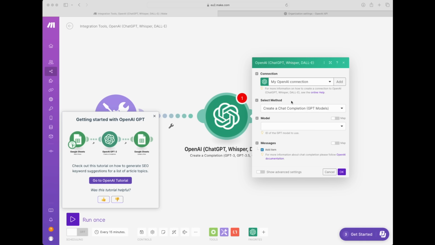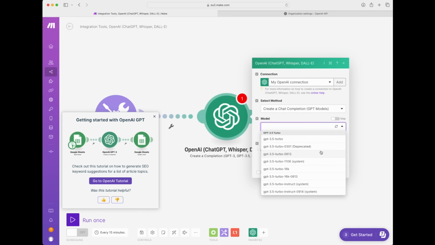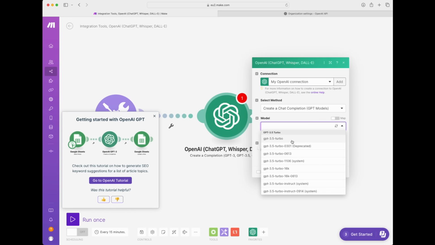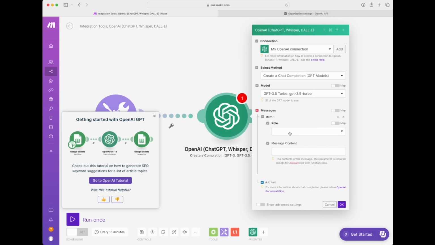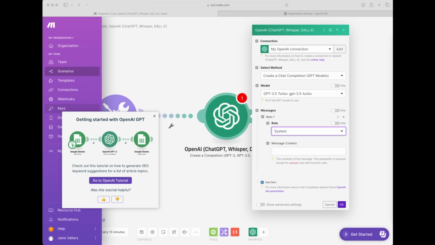Now we're going to leave the selected module, create a chat completion, ChatGPT module. In the model, I'm going to go with, well, in this it only allows me GPT-3.5 Turbo. In my other account it already allows 4, although I'm not a subscribed member. Also, I like to add a message. Use the role user, system,